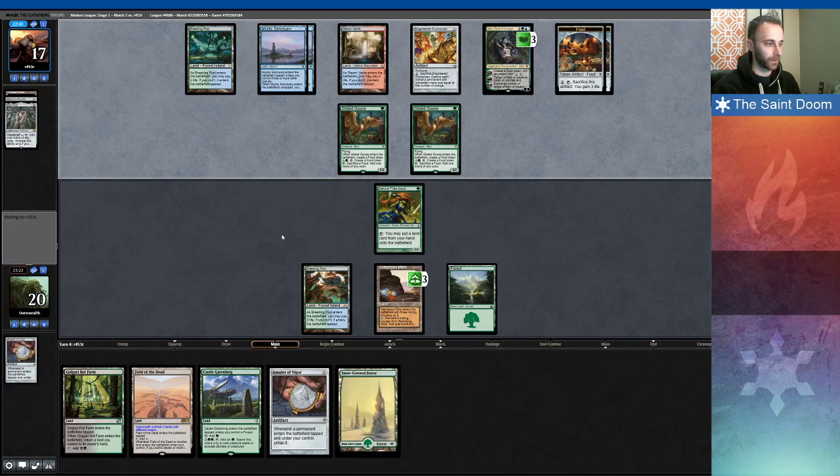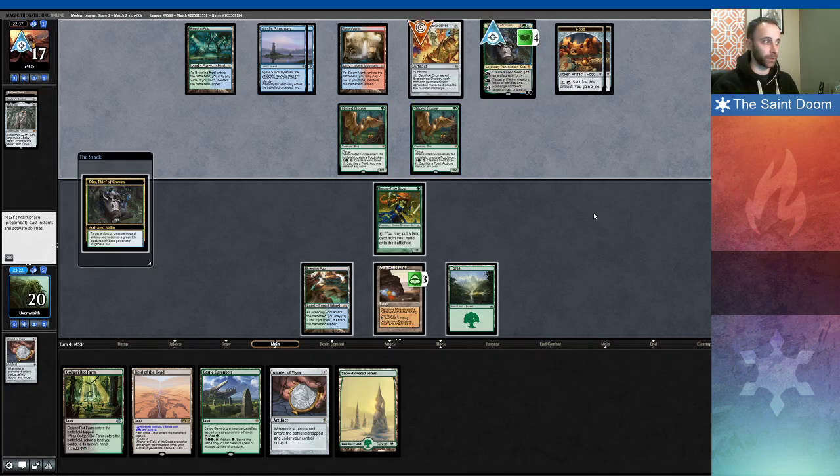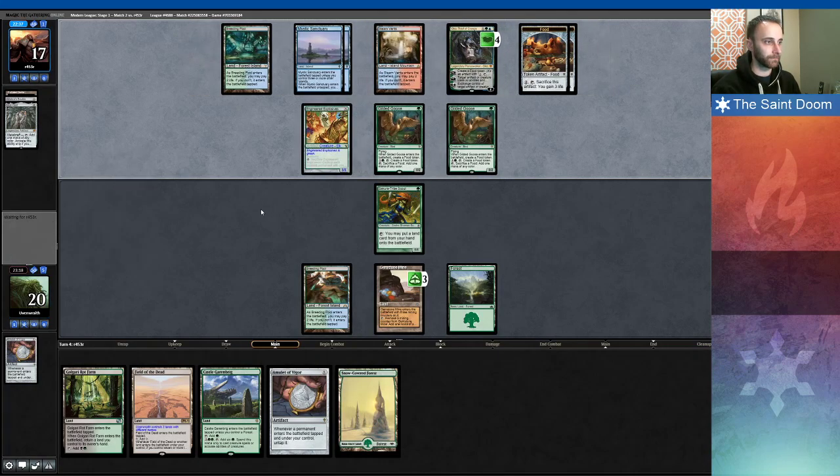So I can Titan next turn, right? Opponent's got one card left in hand, so really their only threat here is this Oko, so they're going to do everything they can to protect it. Yeah, that's fine. I think they should have chosen my Scout, but...